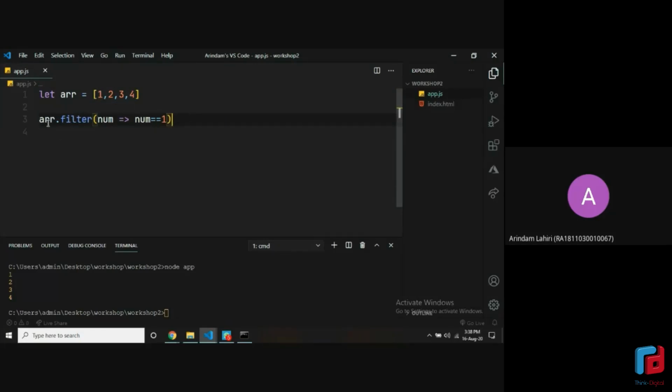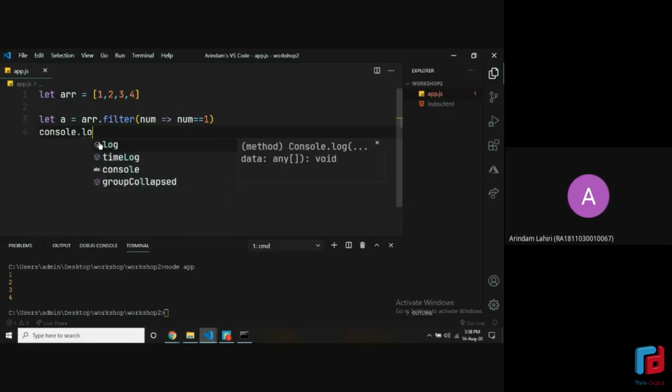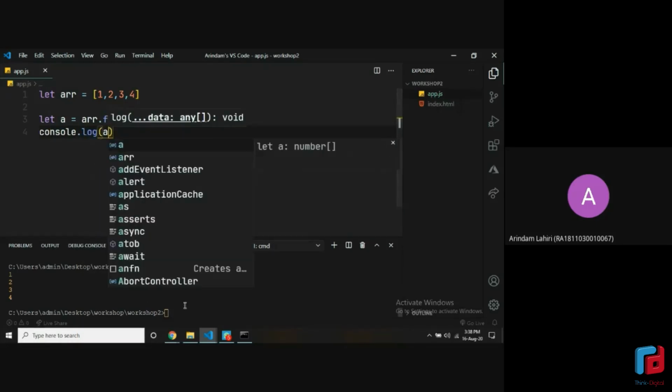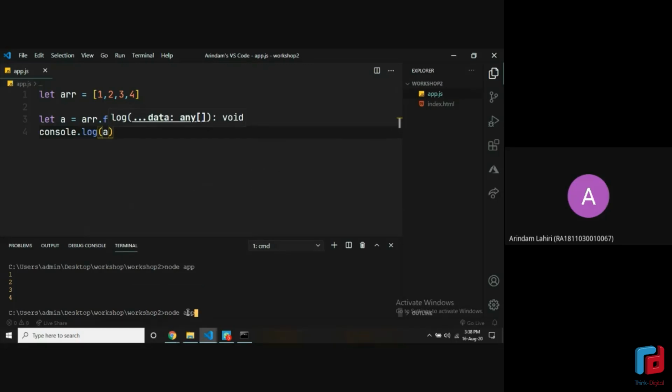And when this filter runs, it returns a new array, the filtered array. So let's save it in a variable a and console log the variable a. Let's run this again. Okay, as you can see, the new array only contains one element, 1.